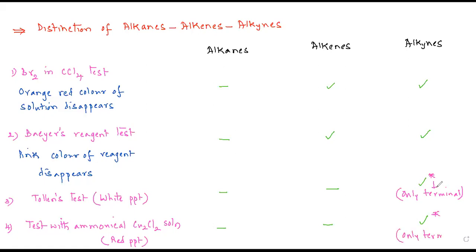Again, only the terminal alkyne. That's it. So that is how we can distinguish alkanes, alkenes, and alkynes. Okay. Guys, with this, we